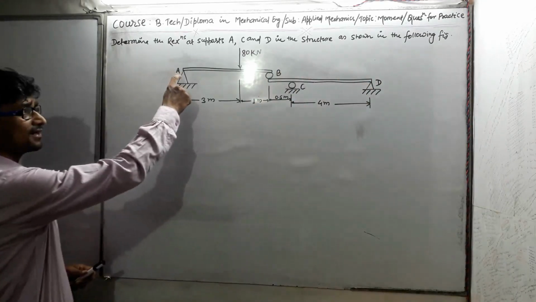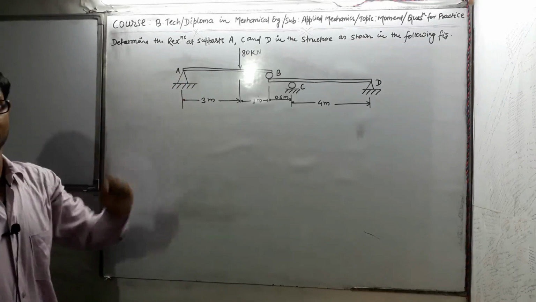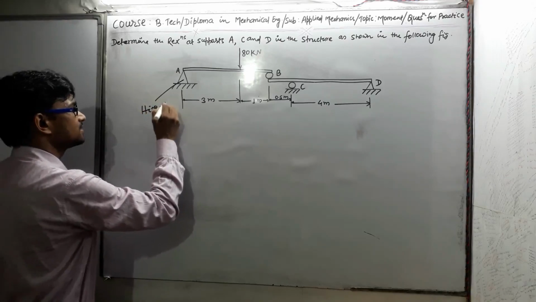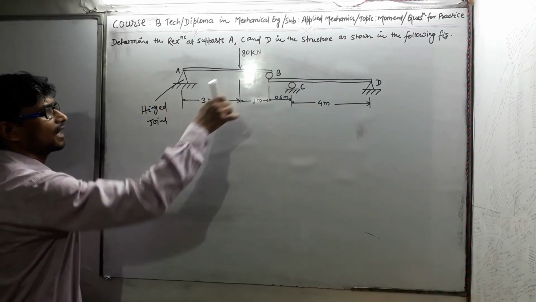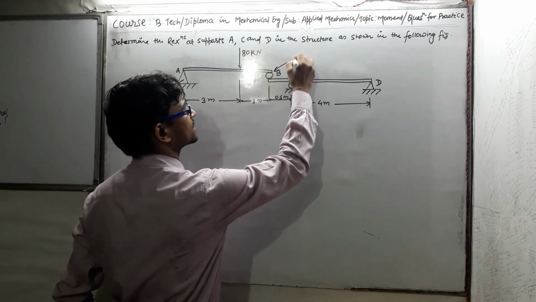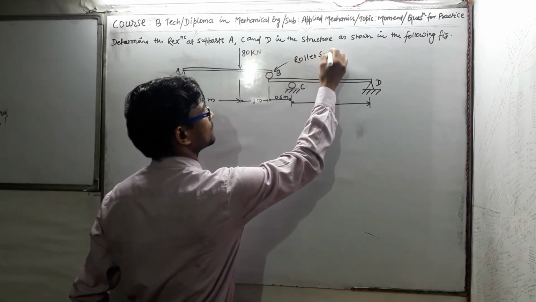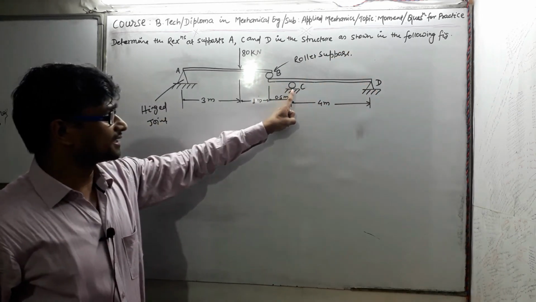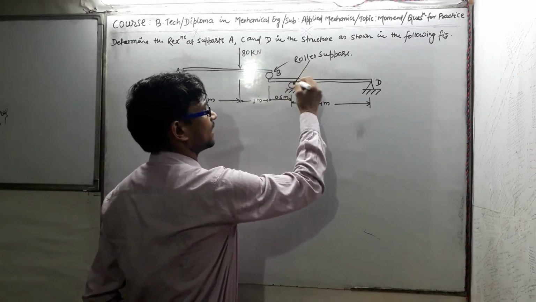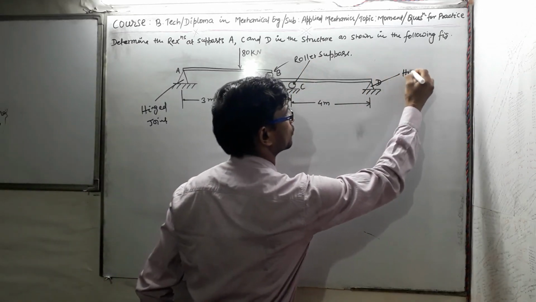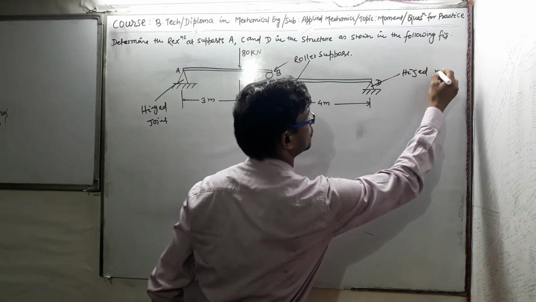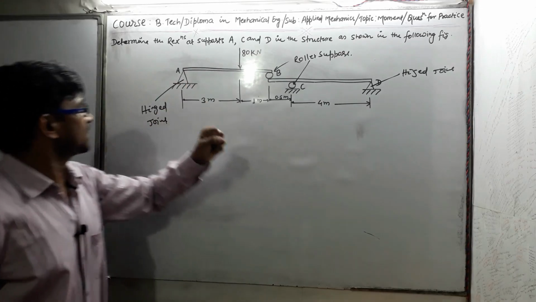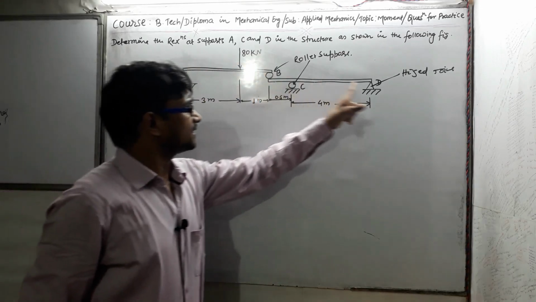Now at point A there is a hinge joint. It is a hinged joint. And at point B there is a roller support. And for the beam BD, at point C a roller support is here and at point D a hinge support is here. Hinged support or joint is here. So there are two beams, two structures, one is AB and another is CD.